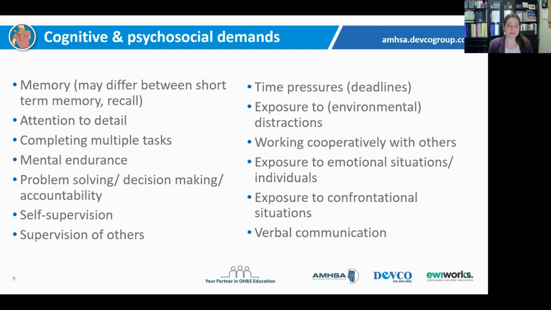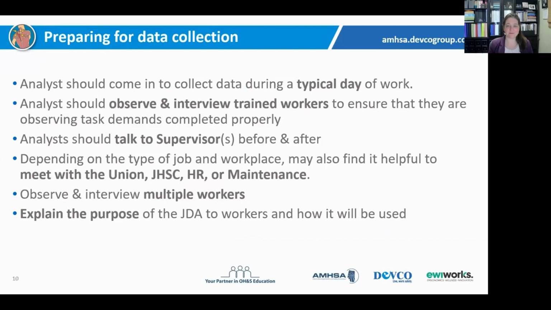And we just want to be able to have this documented properly, so that we can manage claims within our workers, and we can make sure that everybody's safe, and maybe even try to optimize the job conditions so that our workers aren't exposed to all of this all the time. So that's just one example of where these job demand assessments can be used kind of beyond